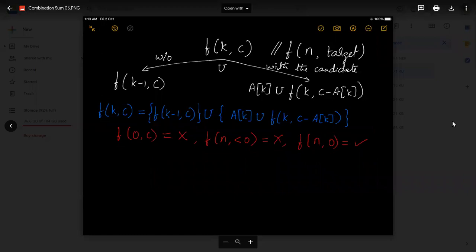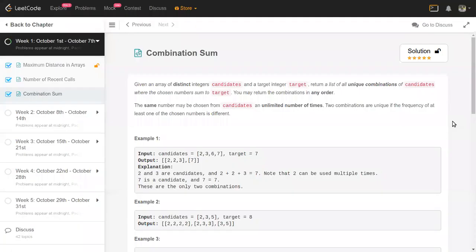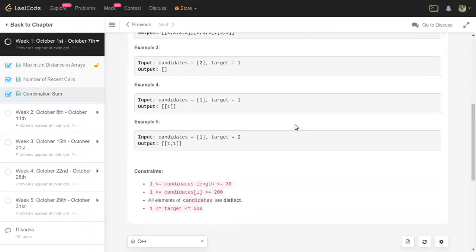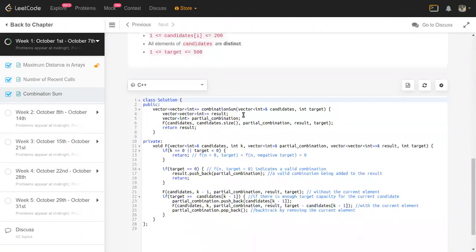So let me try to code this idea, because it's a method where we need to generate everything. There could be overlapping subproblems, but we cannot really make good use of that, right? Instead of coding from scratch, I'm going to use the code already written so that I can quickly explain what happens here. We have this vector of candidates and target. This is the result I need to build, which is a vector of vectors. And this is the partial combination, which is just a vector. Whenever I reach a feasible solution, I'm going to add this partial combination to the result, right? To start with, the result does not have anything, and the partial combination is also empty.